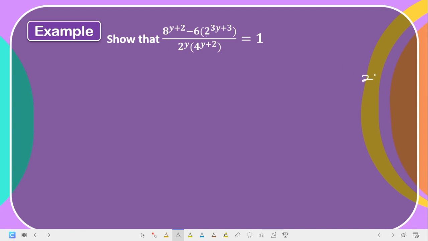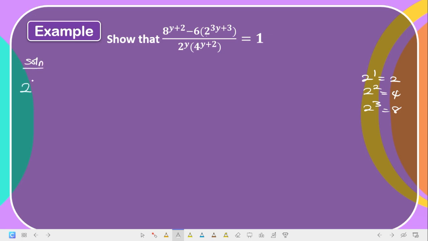Now, note that 2 raised to the power of 1 is 2. 2 to the power of 2 is 4. And 2 to the power of 3 is 8. Are you getting it now? So wherever we see 8, we can put 2 to the power of 3, right? So we can say solution. Let's go.